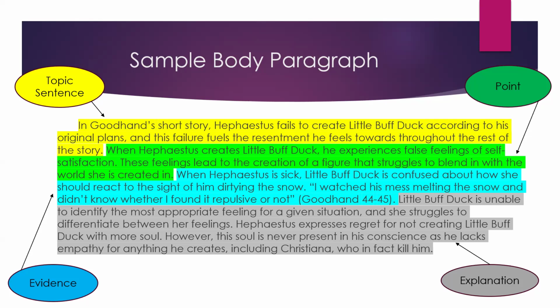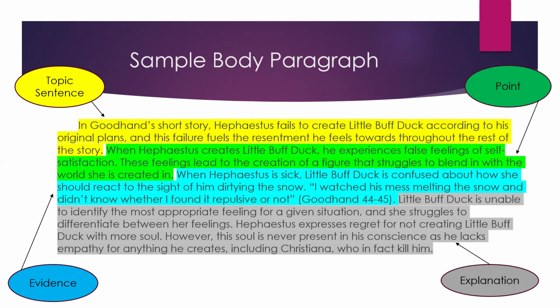It is important to note that when a sentence ends with a quote, you would put in the in-text citation. So in this case, the author's last name and then the page numbers 44 to 45. This is how you would do it in MLA. And then the punctuation that would normally go at the end of the sentence, you put after the in-text citation. Okay, and then I spend the last couple of sentences in my paragraph providing an explanation as to why